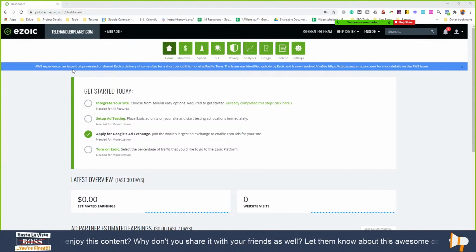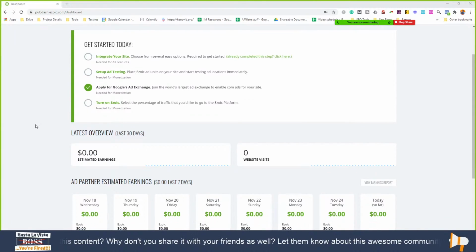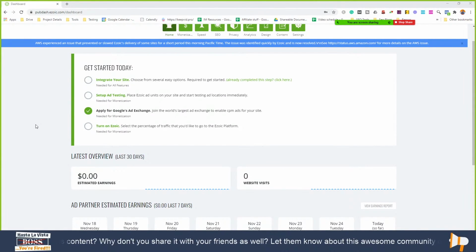You've applied for Ad Exchange. That's awesome. So when you first sign up with Ezoic, you should see these 4 steps. Sometimes there'll be 5 if you've selected site speed or other products, but these 4 steps are to set up your site and integrate. We usually start with integrate your site, and integrating your site creates a server-to-server connection.